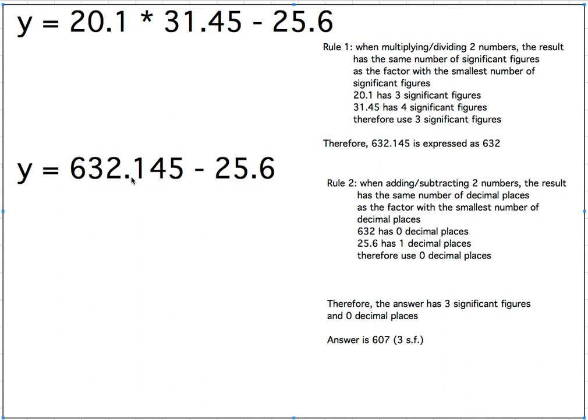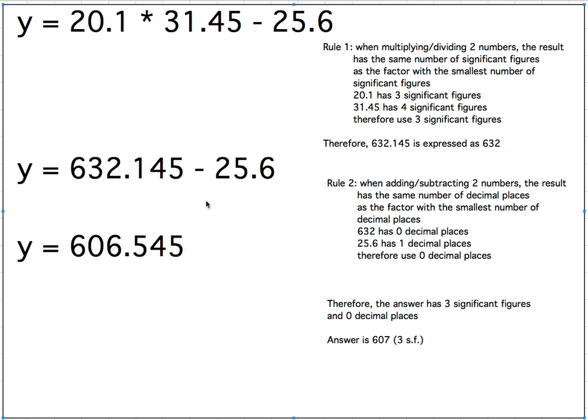This one also has 3 significant figures because, if you remember from above, we're not going to be counting the extra digits. And it has 0 decimal places because when I did this multiplication, my answer is only 3 significant figures. So this has 0 decimal places, this has 1 decimal place, so my answer is only going to have 0 decimal places. So if I do this subtraction, I get